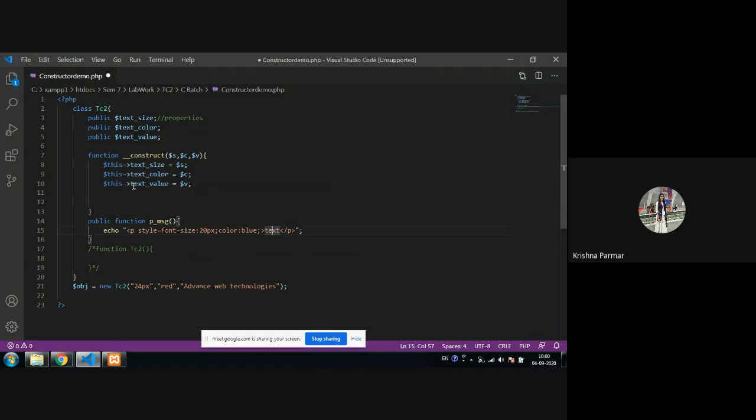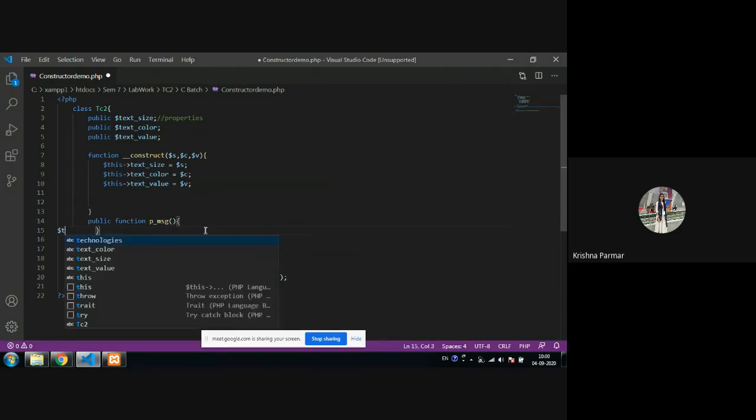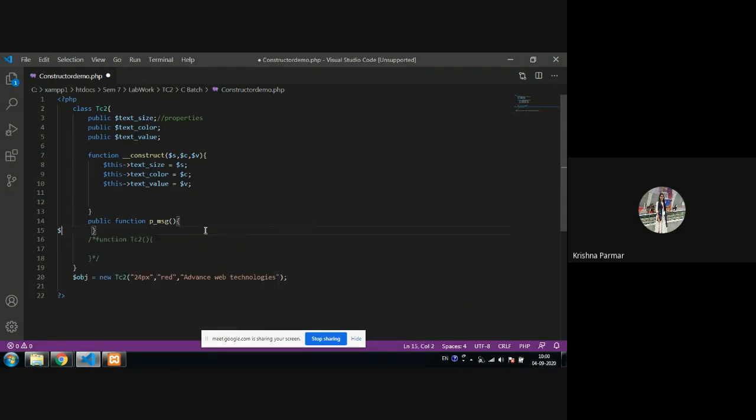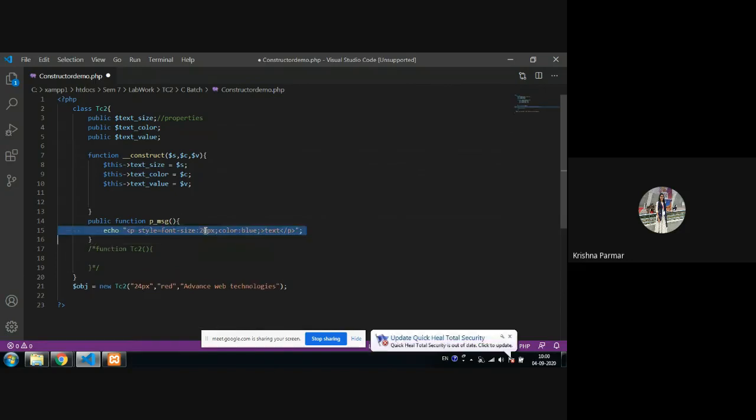Now, instead of 20 px, I am writing this, and text underscore size. That is my variable. But whenever you write a variable or property inside double quotes, it will not interpret its value.